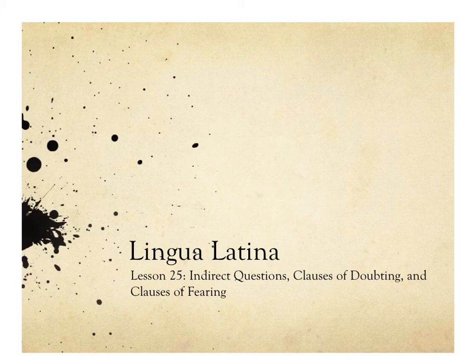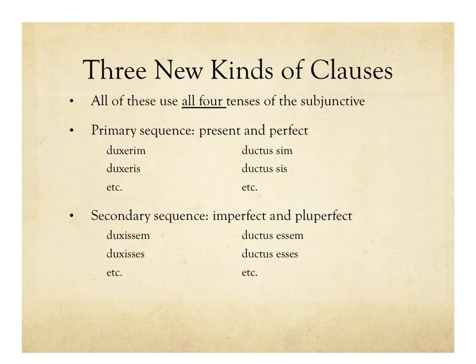Today we're going to learn about three new kinds of clauses that take the subjunctive, and for the first time we're moving into clauses that can take all different tenses of the subjunctive. So we'll finally get to use the perfect and the pluperfect. So let's take a look at these. These new clauses, which are indirect questions, clauses of doubting, and clauses of fearing, use all four tenses of the